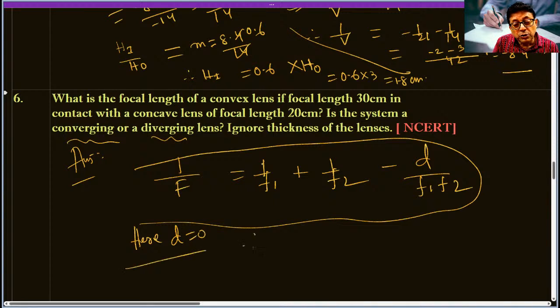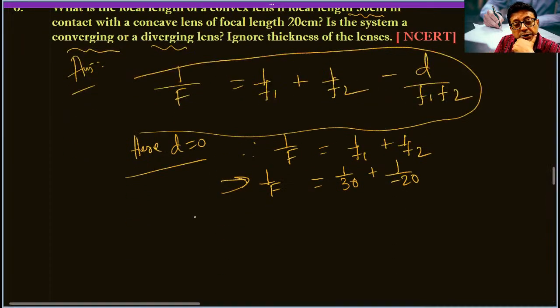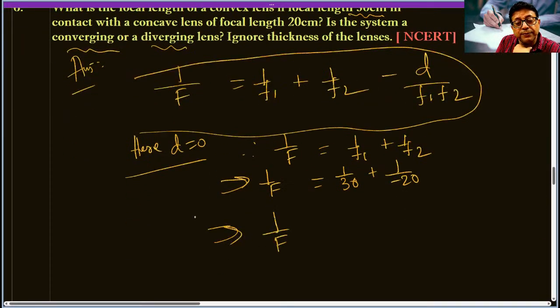Here D equal to 0. So 1 by F will be simply 1 by F1 plus 1 by F2. F1 is 30 centimeter, and F2 is 20. Okay, so this implies 1 by F, 60 is the LCM,